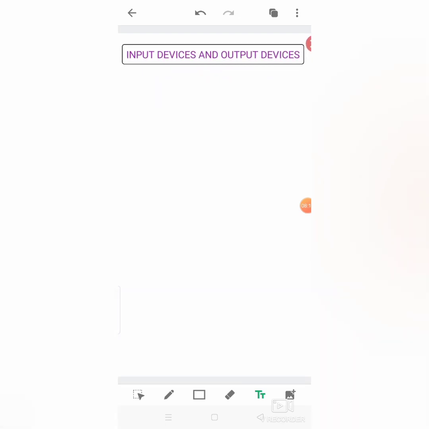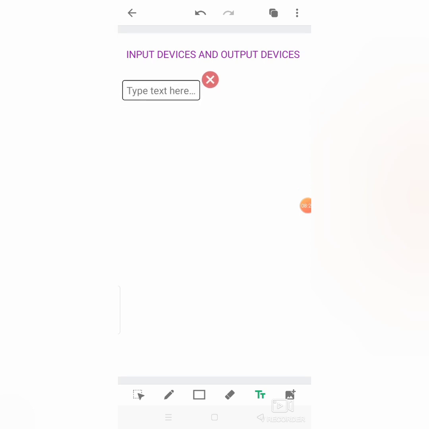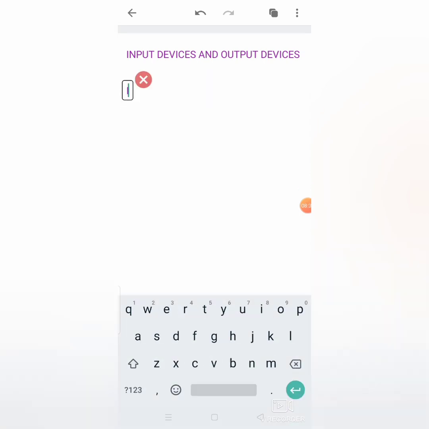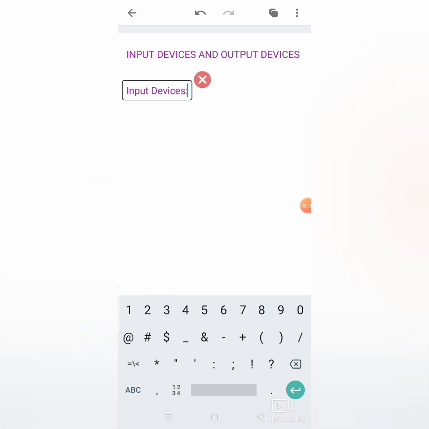I am moving this text to the top because it's my main heading, and I want to insert a subheading here, input devices, enter.